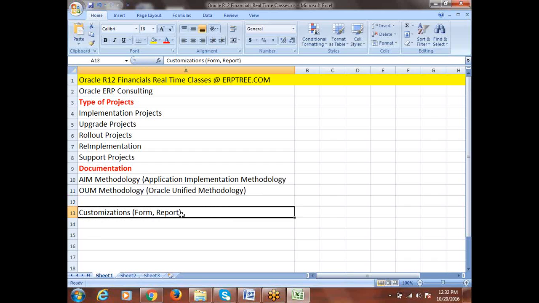I'll show you which document we have to prepare. For our understanding, we'll prepare a document also. We'll prepare one document for a report. If there is any report requirement, say the client is asking for a particular report, and that report is not available in our Oracle application from the respective application, then we have to develop the report.